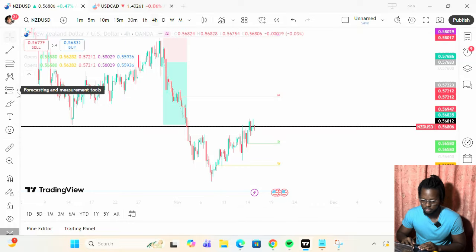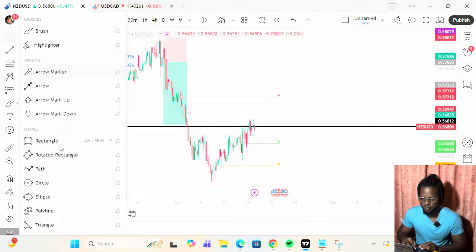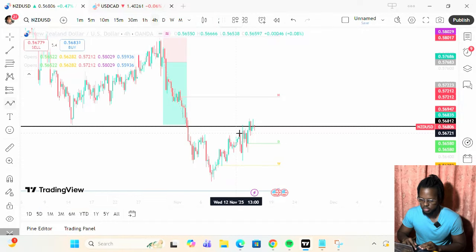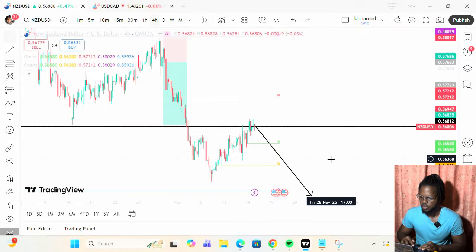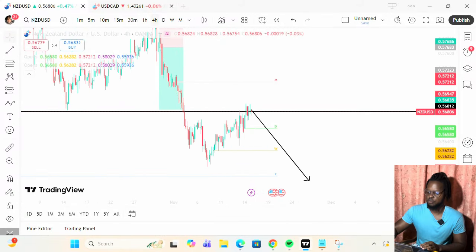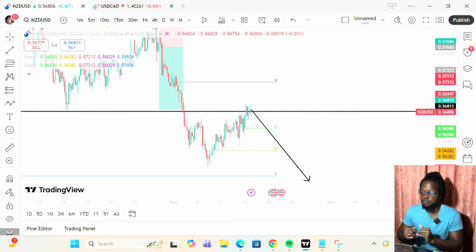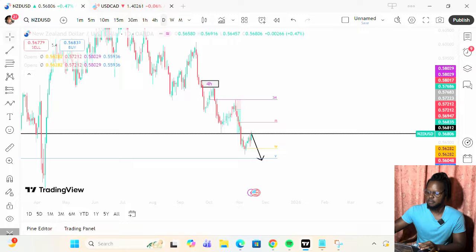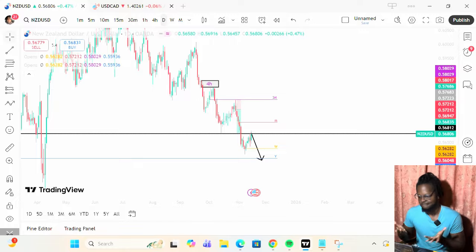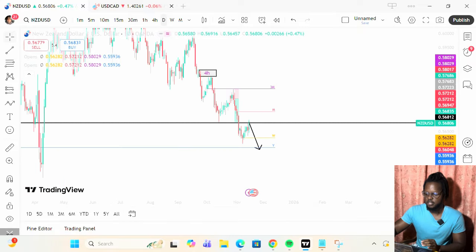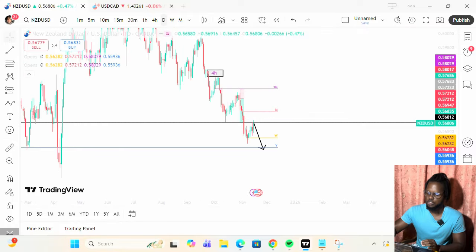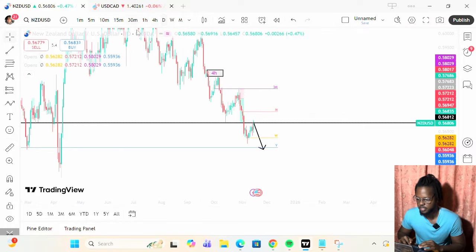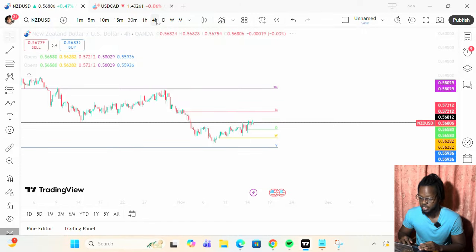So it really depends on what the dollar index decides to do, because as long as the dollar index switches bullish, then we could just start selling off from here. So it's a matter of when. We're just watching what the dollar index does, because the New Zealand dollar is weak. I don't need to check this out on a daily if you've been keeping up. Guys, this is beautiful price action. I'd want to short this until the yearly open, in my opinion. So I'll be keeping an eye on that for shorts.